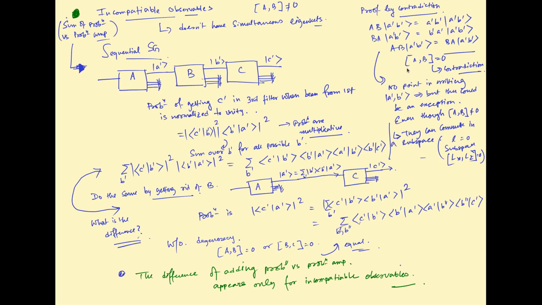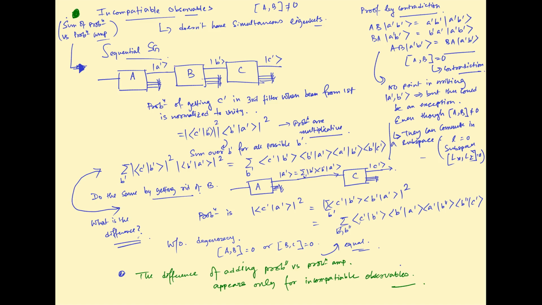So, this proof by contradiction tells you clearly that there is no point in using these labels. But there still could be an exception, which we will see: there could be a subspace of the matrix where, even though A and B are not compatible, in that subspace they are compatible. We will see this example in the angular momentum algebra, but for the time being let us assume this special exception is not there, there is no special subspace. Okay. So, now let us do a sequential Stern-Gerlach type measurement in a generic case to establish the case for this kind of operators.